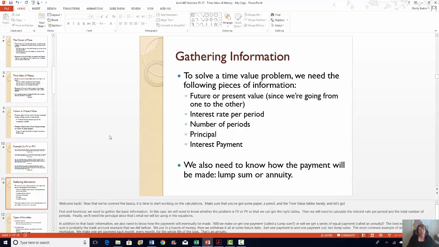We need to know the principal. And depending on the principal, if we know the principal today or if we know the principal at the end, that will dictate future value or present value charts that we're going to use. And we need to know the interest payment. So we also need to know the payment will be made, lump sum or annuity. So we already discussed that. So you need all of this information to start working on the